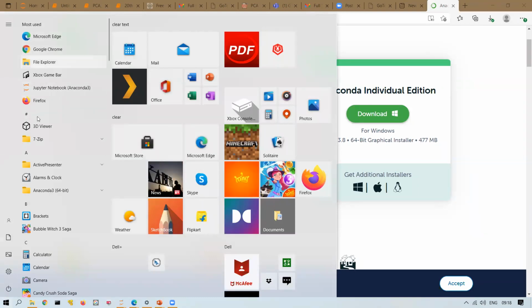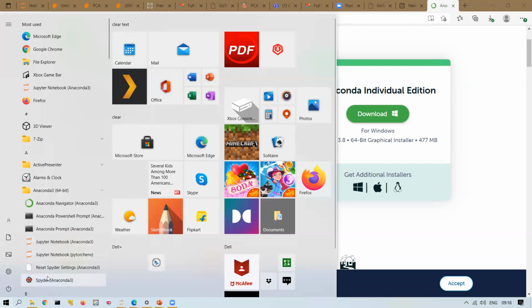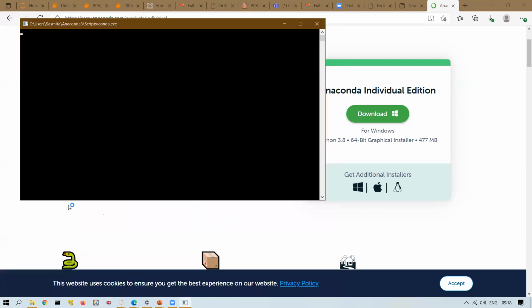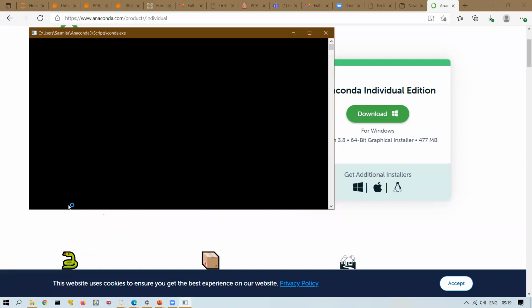Once that is done, how to validate whether Anaconda is there or not? If you go to your main folder, in Start you will see an Anaconda 3 shortcut. Or the folder where you have installed Anaconda, let's say on Mac, it will mostly be the home drive or wherever you installed. Go to that folder and you can see Anaconda 3, a new folder. If you open that folder, you can see Jupyter is there, Spyder is there. A lot of content you will see, like Anaconda Prompt. This green color circle is called Anaconda Navigator. If you can see all of these things, it means your Anaconda is successfully installed.